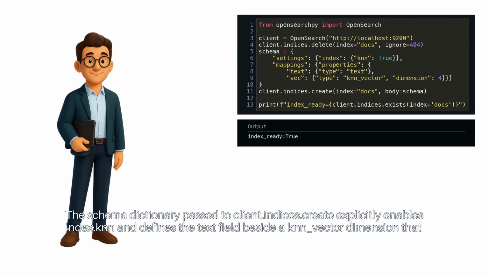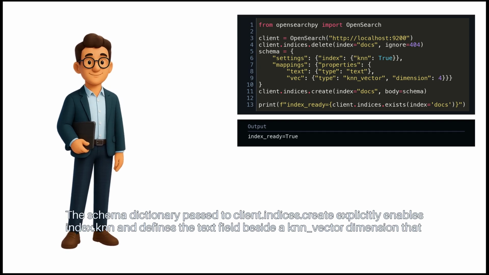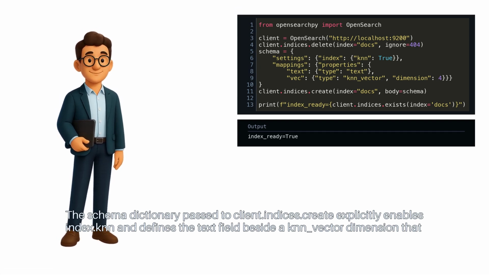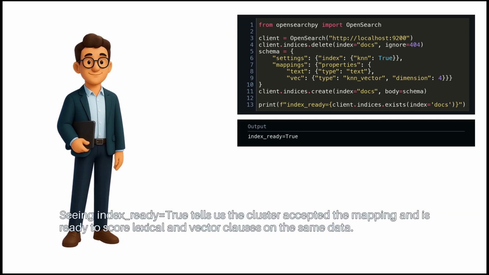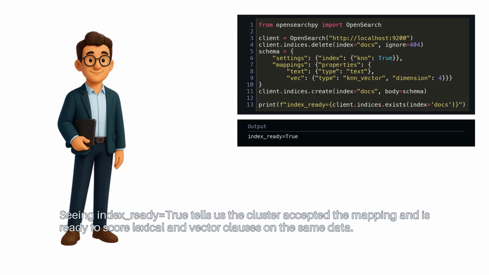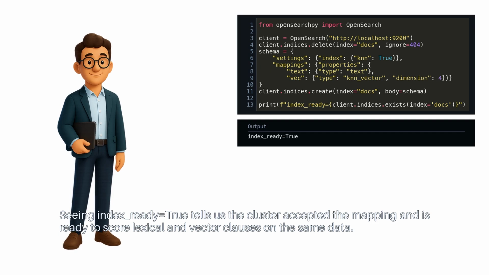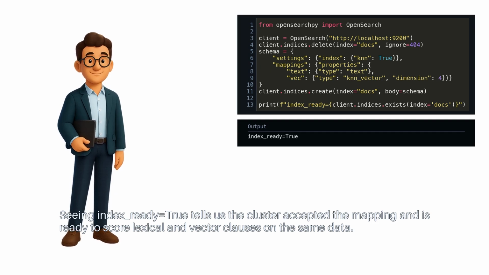The schema dictionary passed to client.indices.create explicitly enables index.knn and defines the text field beside a knn vector dimension that matches later query vectors. Seeing index ready true tells us the cluster accepted the mapping and is ready to score lexical and vector clauses